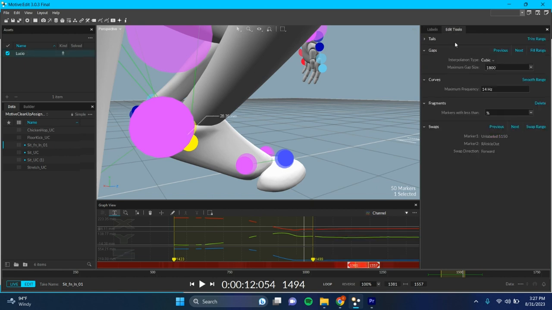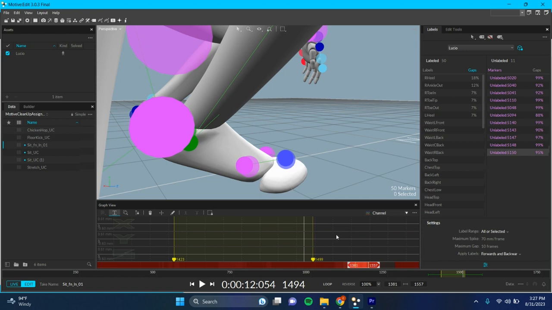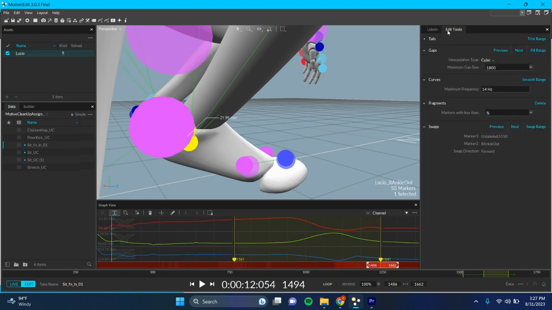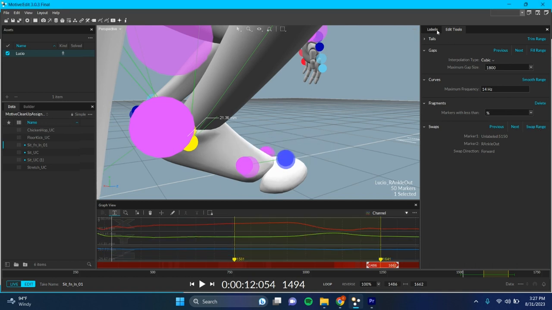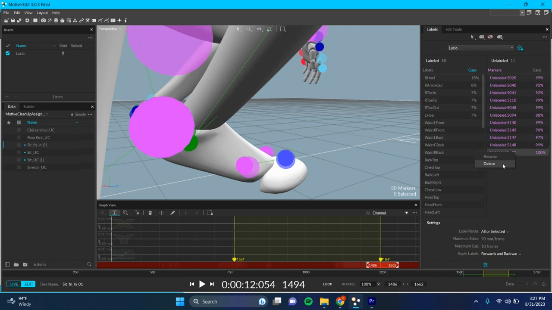Grab ankle out, swap, and then grab all this ending portion from 5150, grab the ankle out, swap. 5150 was used up completely, let's delete it,